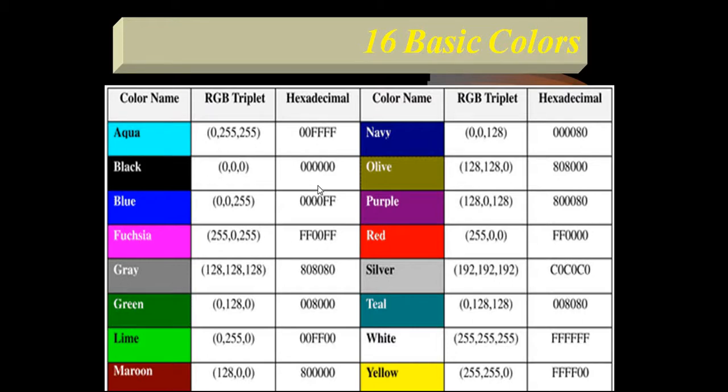Or you can use hexadecimal values if you have an understanding of hexadecimal. These are fixed values, so no change will be allowed here. If you write anything wrong, then it will not change the color of that text or that particular background.